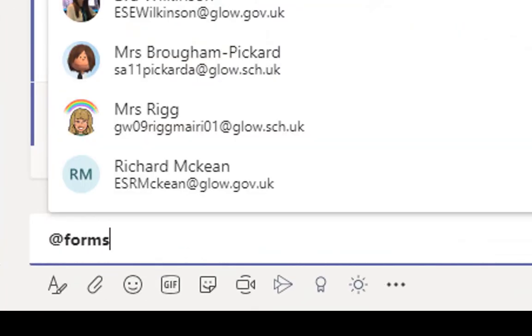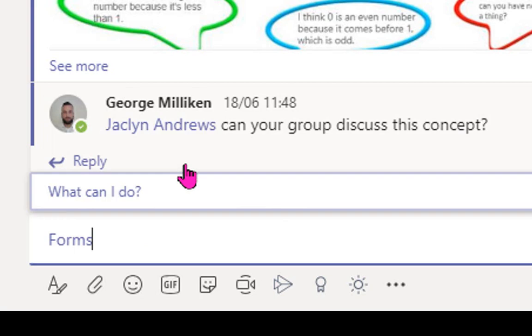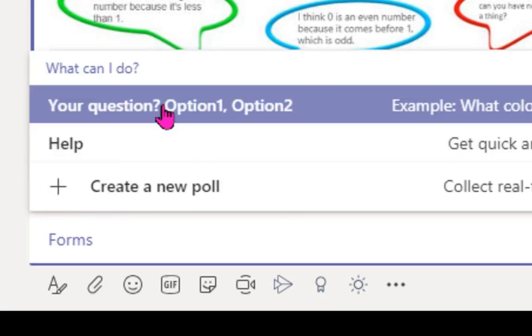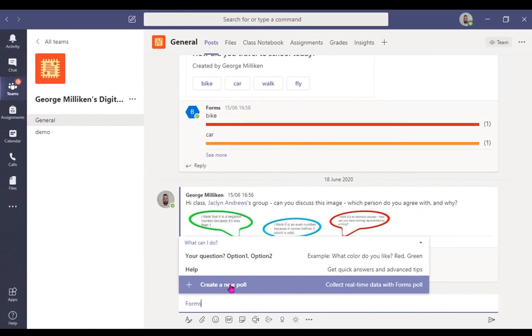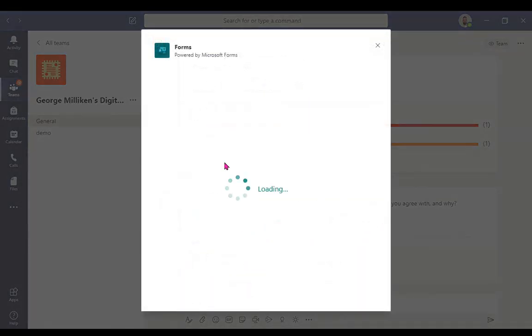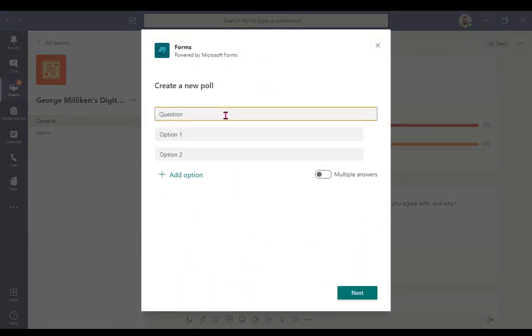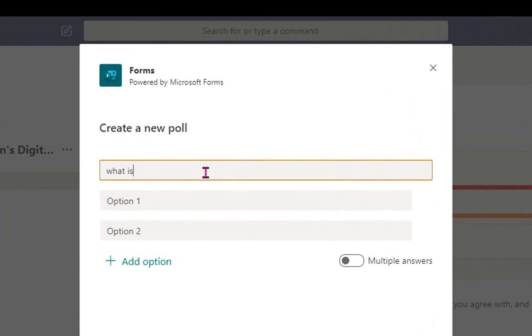If I go down to that chat box and type @forms, it will create this quick poll for me. So I've got different options I can use here. And I'm going to use the poll creator, so I can type in the question